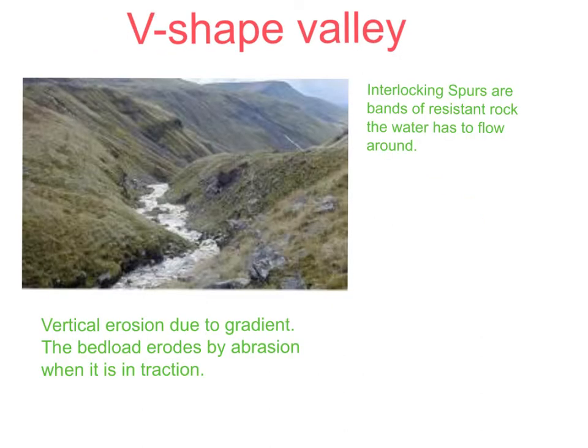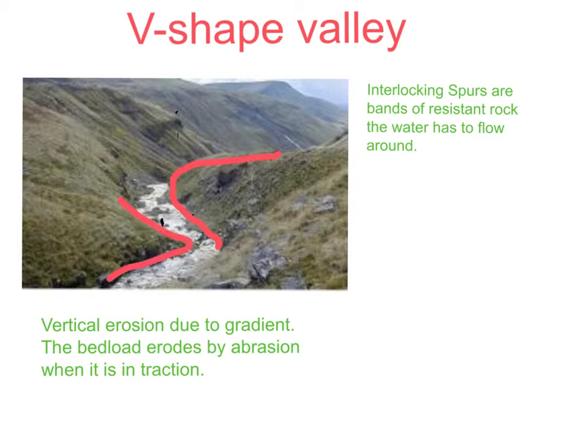So this is the first landform of erosion, a V-shaped valley found right at the source of rivers, and this is where the river cuts down vertically into the landscape because the water is trying to get downhill, down to the level of the sea. But as we can see, it has to flow around certain bands of hard rock, and these are called interlocking